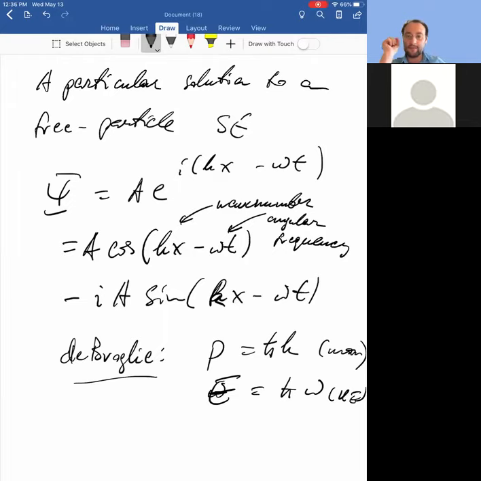So again, this is a particular solution to a free particle Schrödinger's equation. It's a wave function that happens to have a pure k and a pure omega. Now, in general, wave functions can be quite complicated, and how to calculate momentum and energy from those wave functions we'll learn later. But